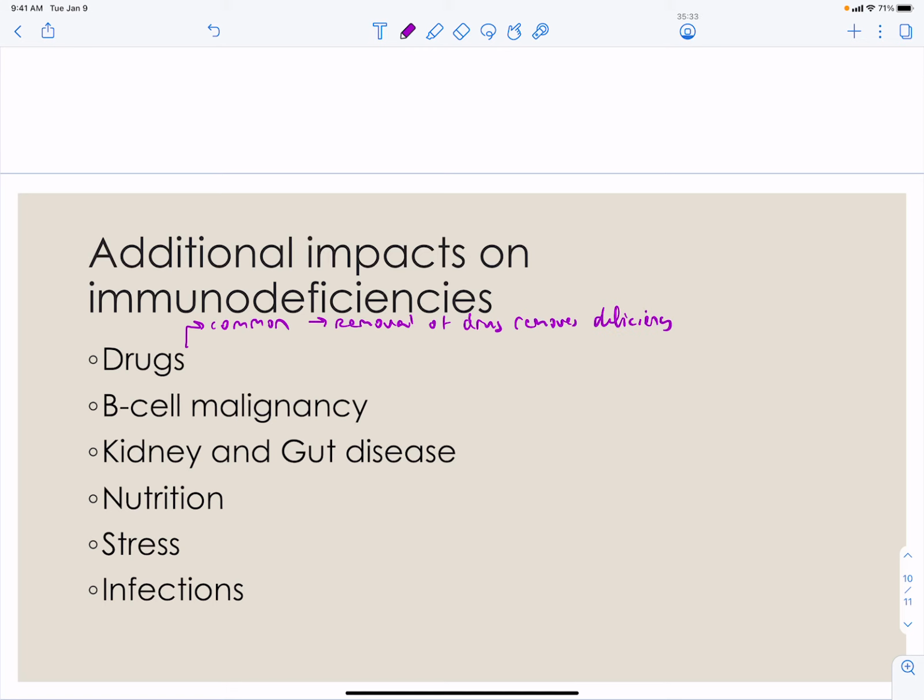And so some drugs are going to be treatments for cancer. And these can lead to neutropenia. And then, of course, you have problems with extracellular pathogens. Or corticosteroids